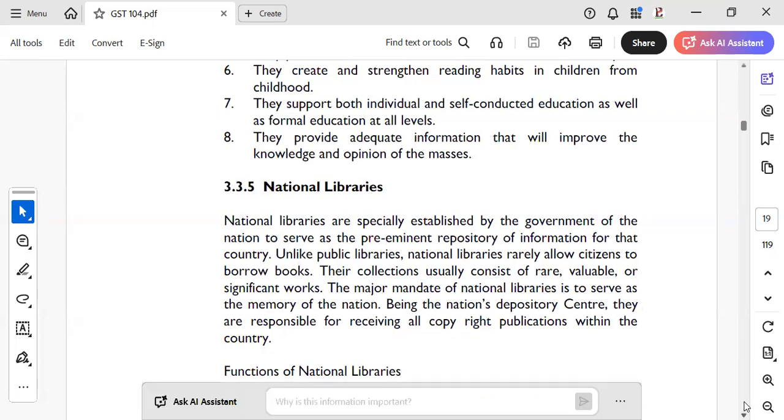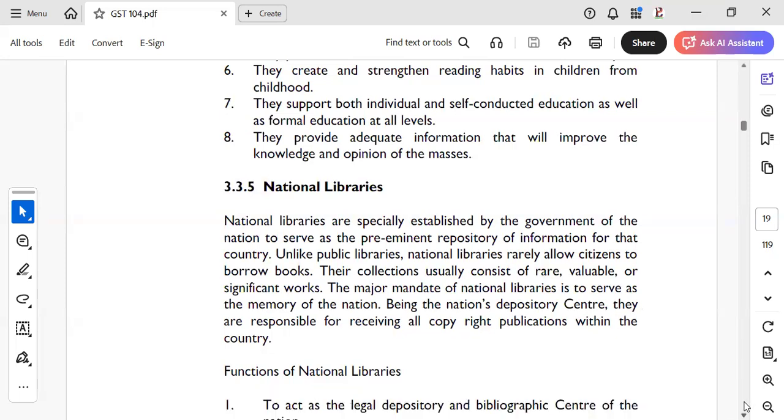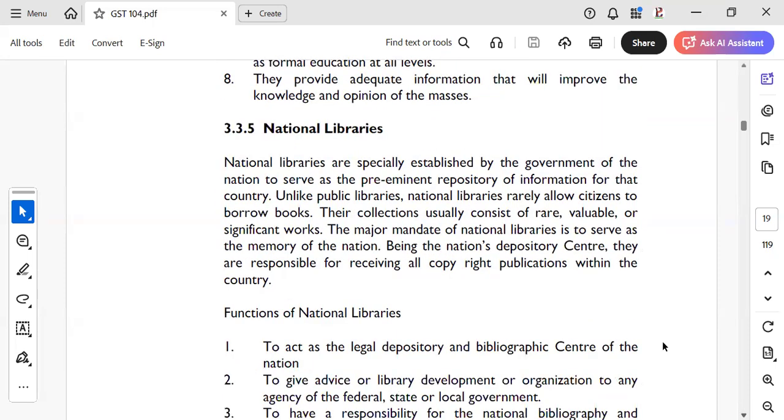That is the main thing. And lastly, they provide adequate information that will improve the knowledge and opinion of the masses. They are always trying to see a better version of their community. So they will do all they can to make sure that the community gets better in the aspect of information